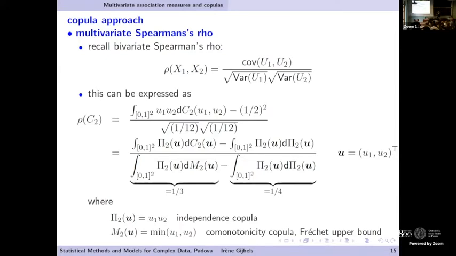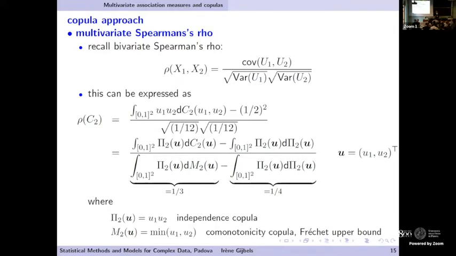What else comes up is the independence copula, so the dependence structure you would have if there is independence. And also the comonotonicity copula, which is the Fréchet upper bound, which means any bivariate copula is bounded by that one. So it's the strongest dependence that you can have. So this is actually the bivariate Spearman's rho written in a complicated way,